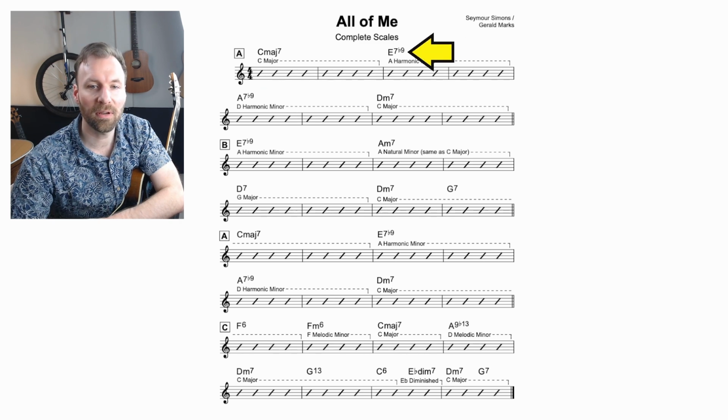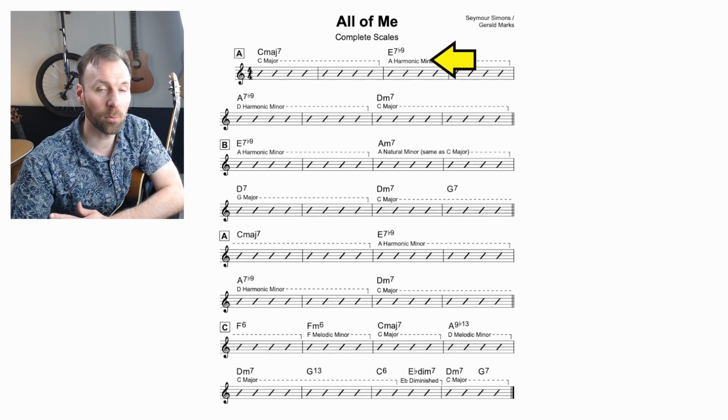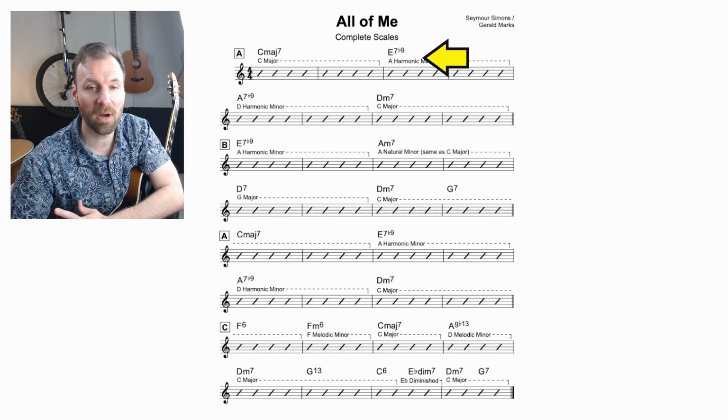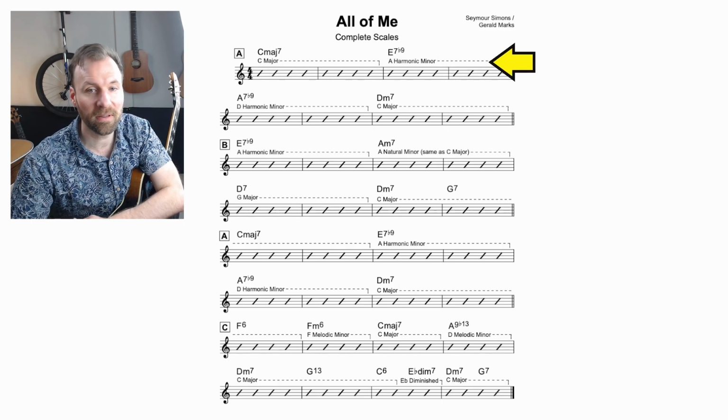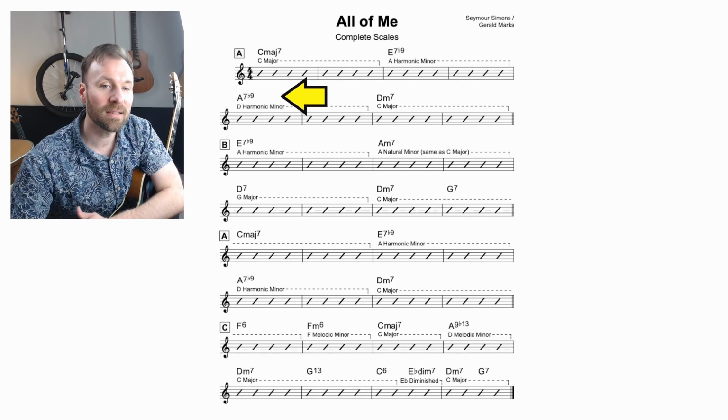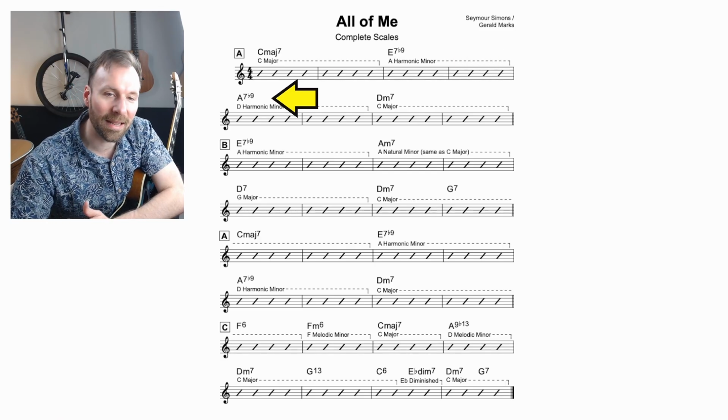So this is C major, E7. This is the 5 of A minor. Again, you're going to see this a lot as you study this more. If that's new to you, that's okay, because you're going to see it so much. So this is the 5 chord of minor, so it's A harmonic minor. That's just straight up the scale this comes from. So that's the scale, A harmonic minor. But we get psyched out here because we don't land on A minor, we land on A7.